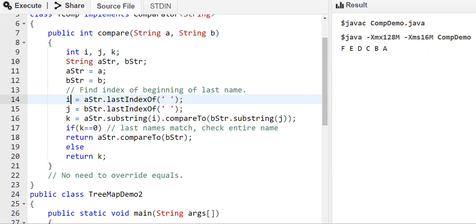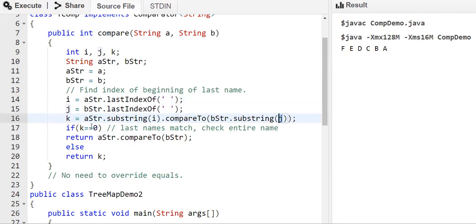Then again we'll use the comparator: a string dot substring i, a substring that starts at i, will be compared with a substring that starts at j. Based on the index of the space position, we'll start comparing the strings.